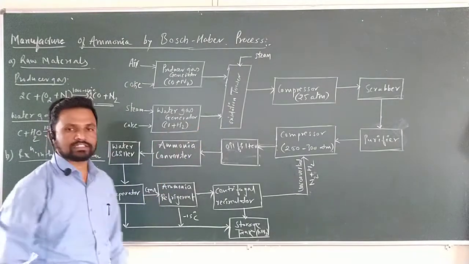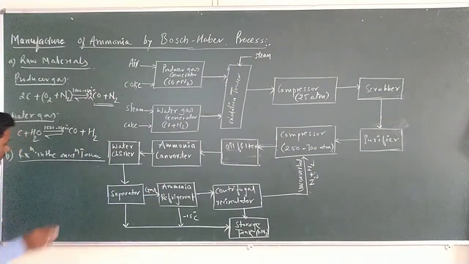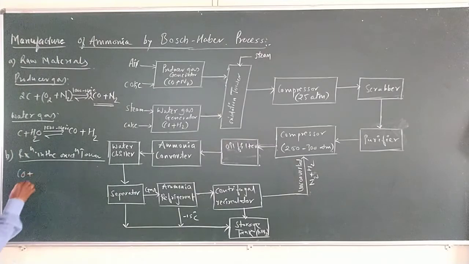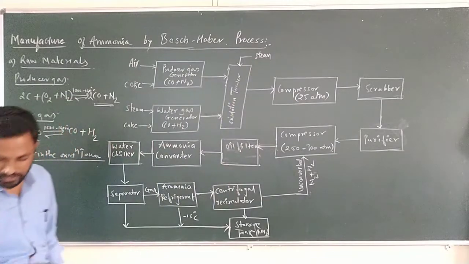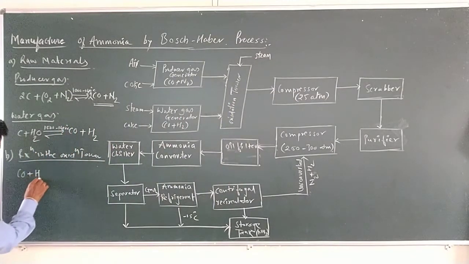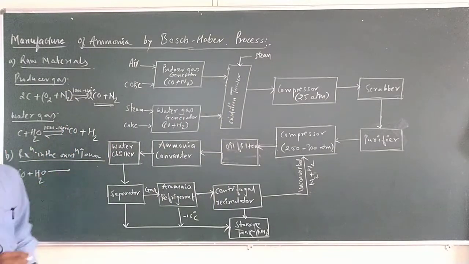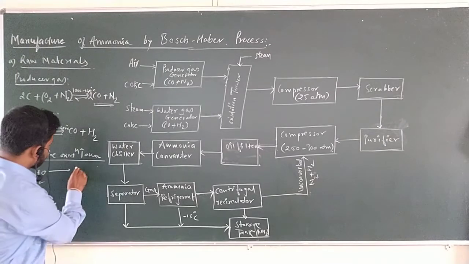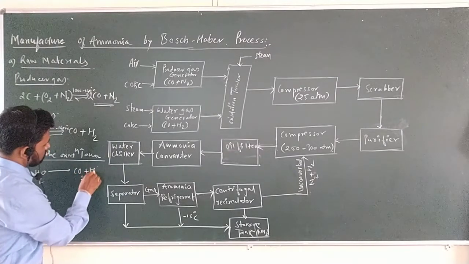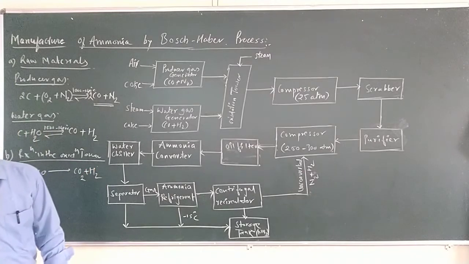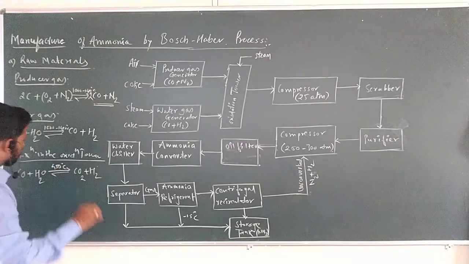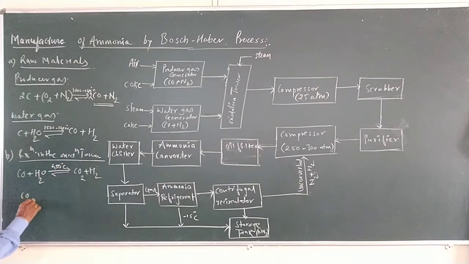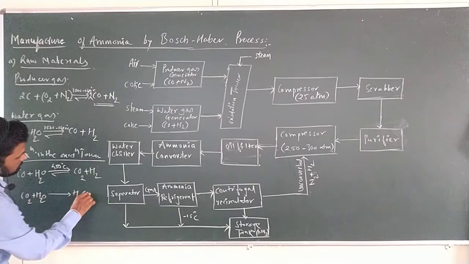That reaction takes place in the oxidation tower, where we can see carbon monoxide. Here we are continuously passing the steam. Steam is nothing but water. Here we can write the water. It is converted into CO2 plus H2. This is one side. Simultaneously, the temperature is maintained at 450 degrees Celsius. Further, this CO2, which is dissolved with water, forms H2CO3.